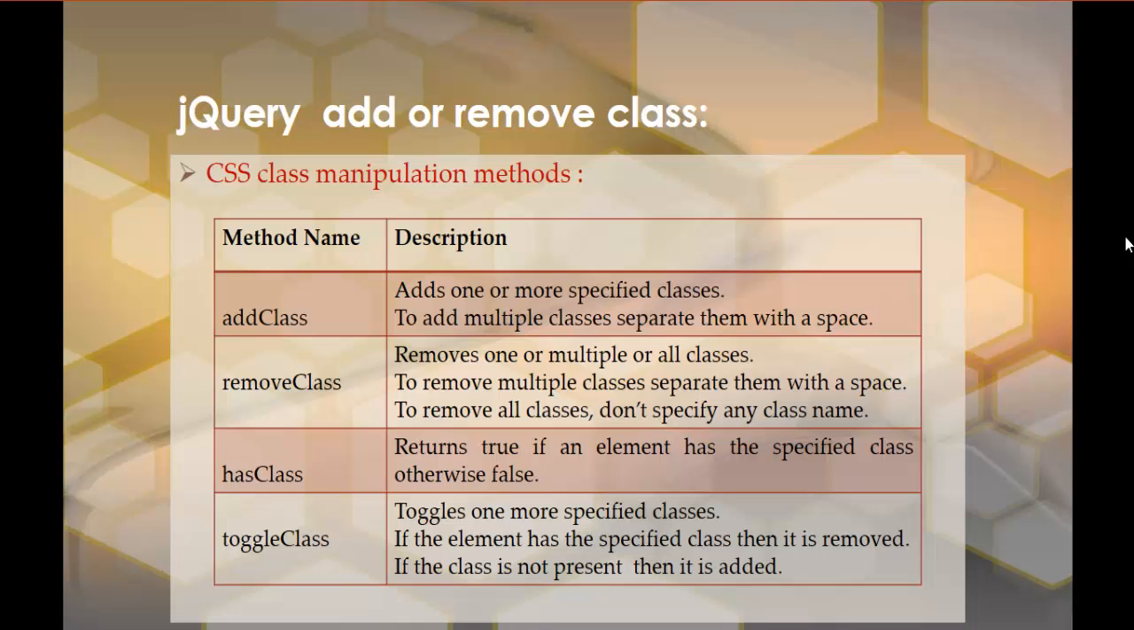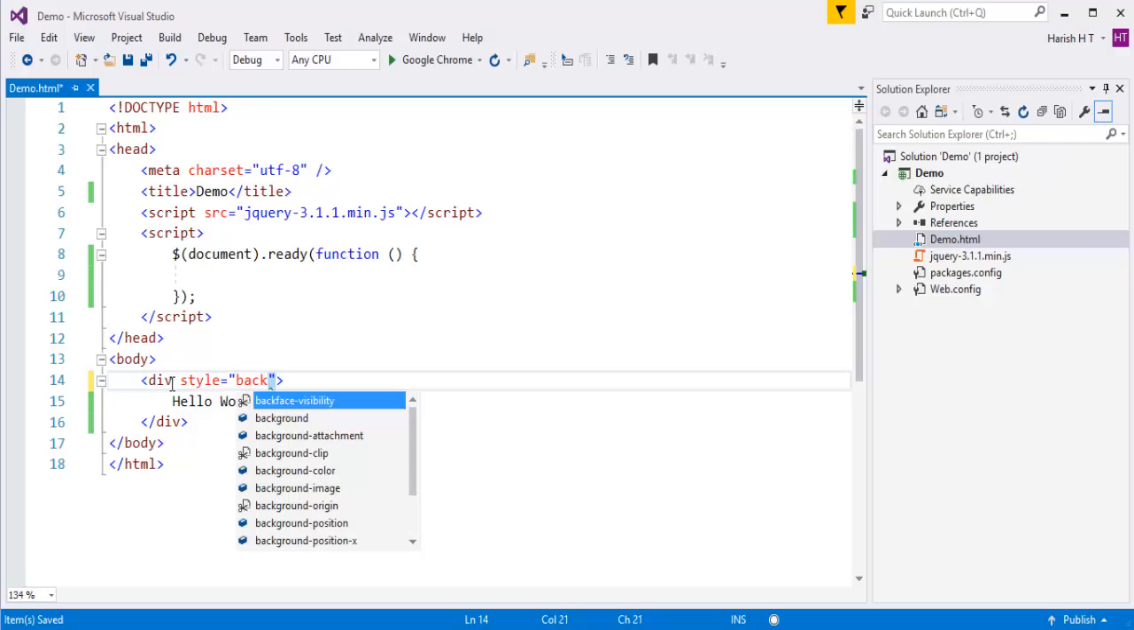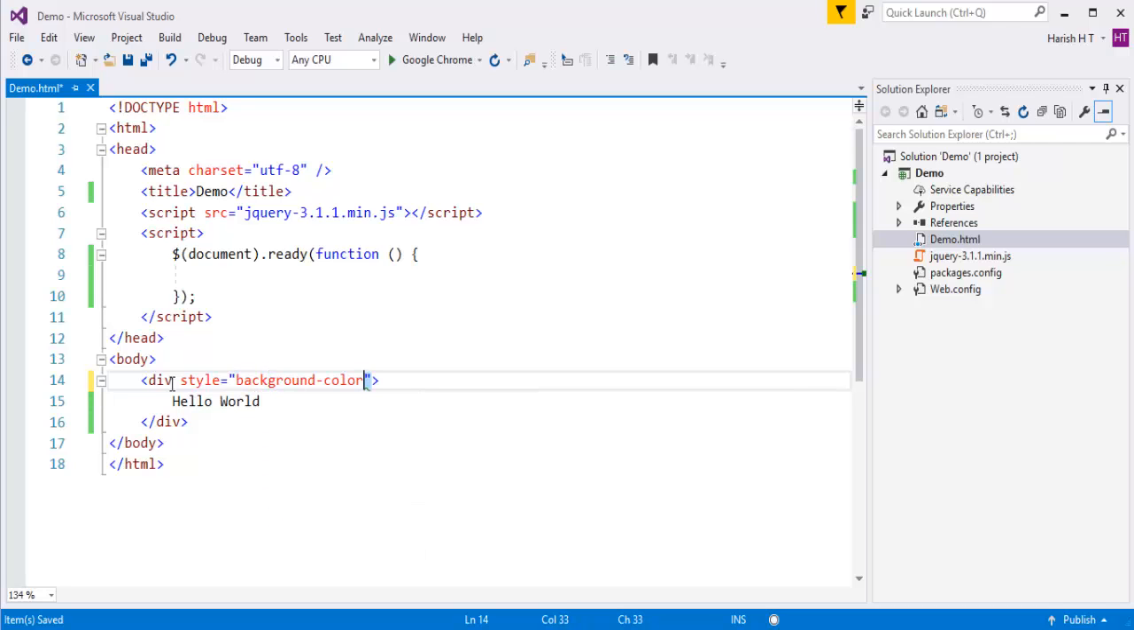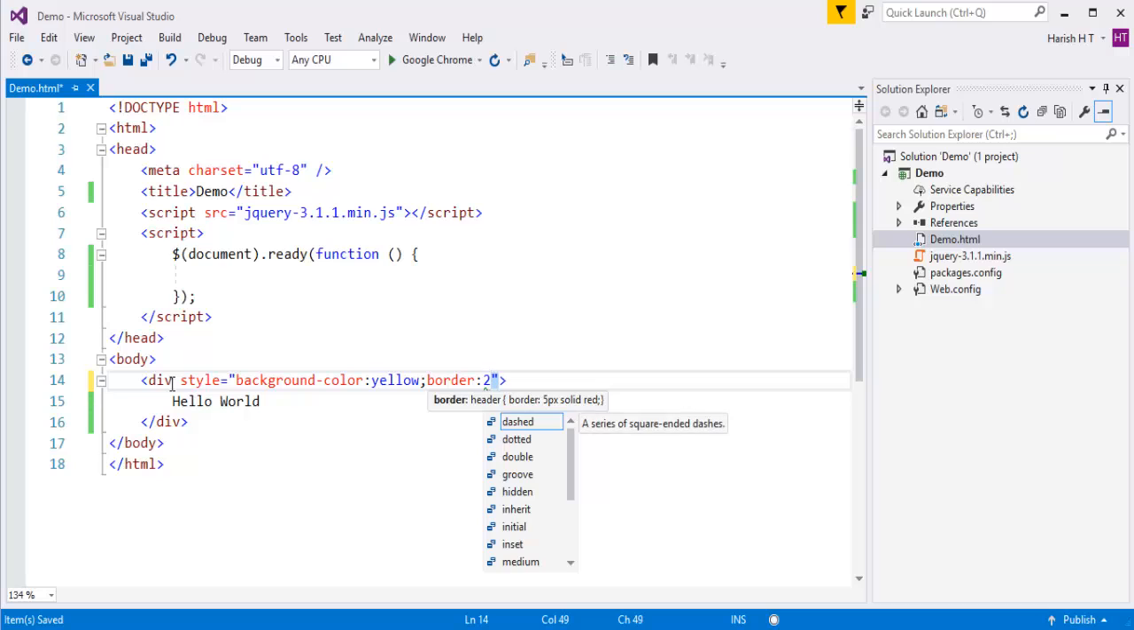So the first method is addClass. Let me jump into Visual Studio and show you how addClass works. Let me add a div with the content hello world. To this div I'm adding a style attribute, and I'm saying the background color should be yellow, and it should have a border of 2 pixel solid